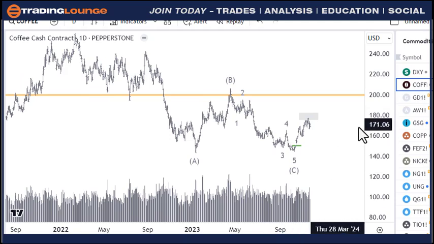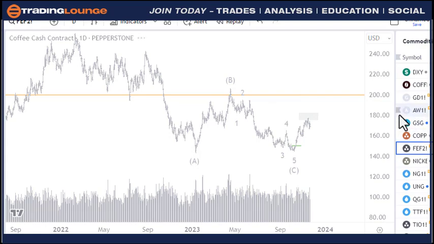Also this is group 2 here, so 165, 172, and 180. This is all of group 2. There's going to be plenty of resistance around here for coffee, but I want to have a look at the